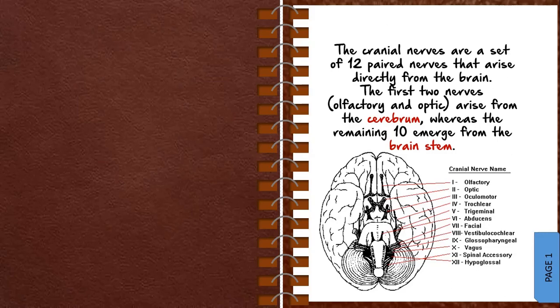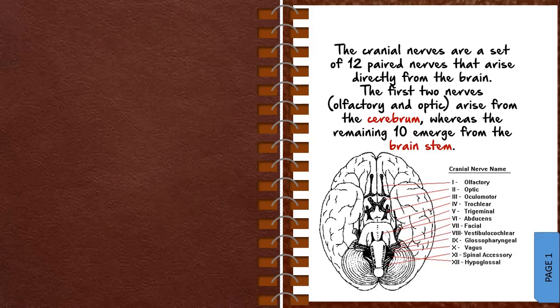Talking about the brainstem, it is the distal part of the brain that is made up of the midbrain, pons, and medulla oblongata. Each of the three components has its own unique structure and function. What the brainstem does is it helps to regulate breathing, heart rate, BP, etc. Now, what a cranial nerve does is it relays information to and from various parts of the body to the brain. Each cranial nerve is numbered based on where they emerge.